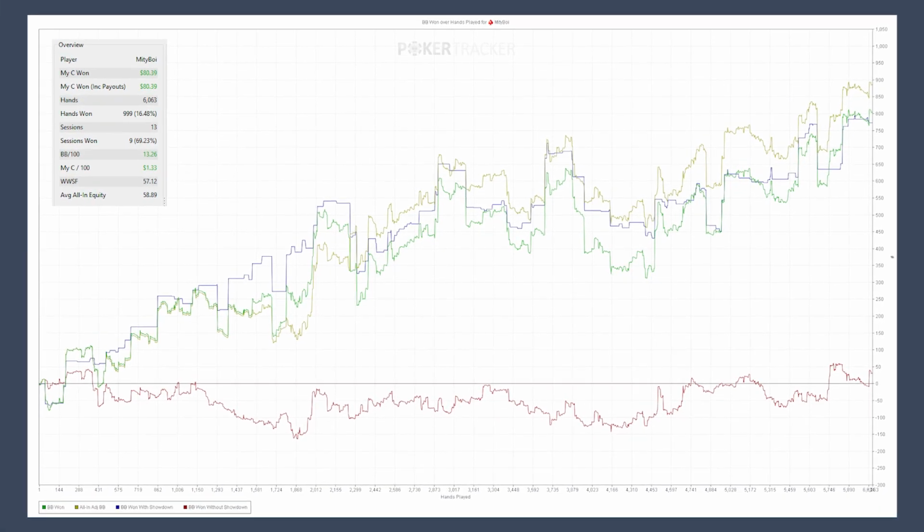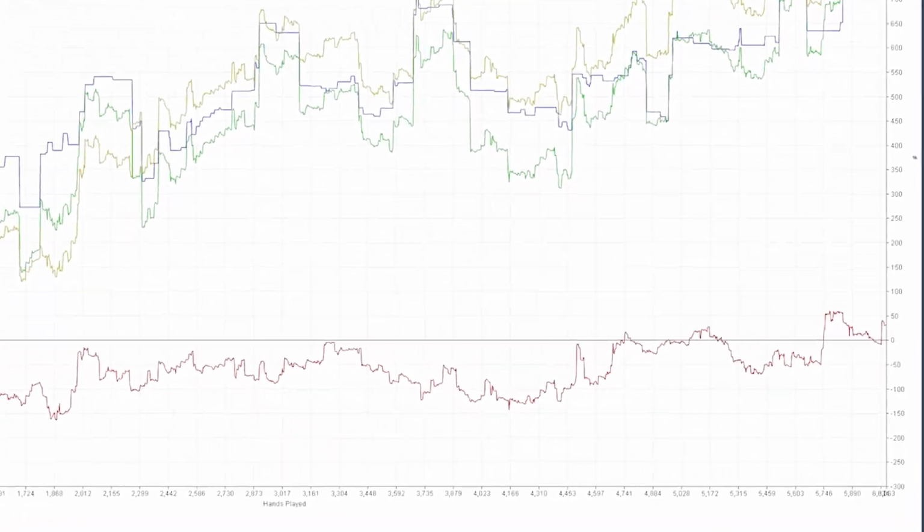Hey guys, I recently took some time away from the game after a stretch of some pretty disgusting run bad at NL25, and upon returning to the game, I decided to go down to NL10 Zoom. Just for a little while, just to get back into the swing of things. Now, here is my graph from the last week, and as you can see, I've played just over 6k